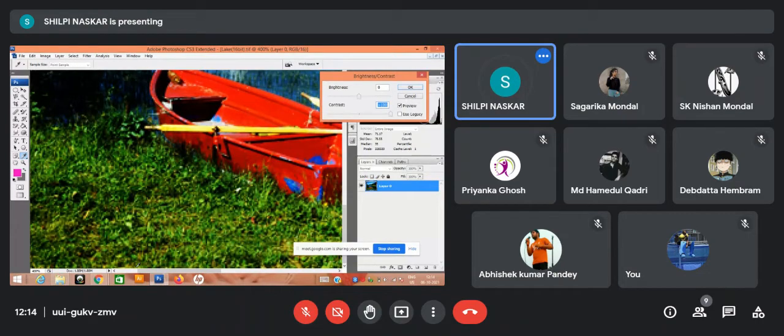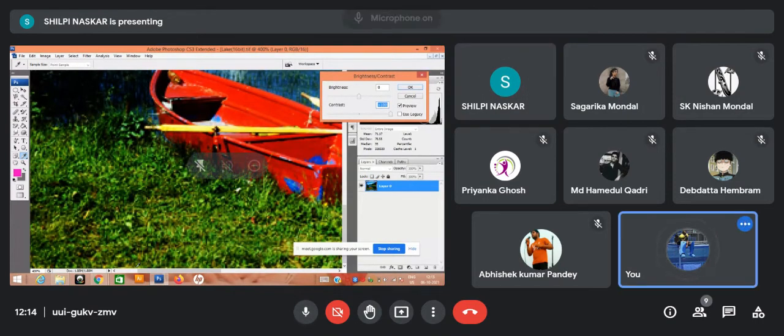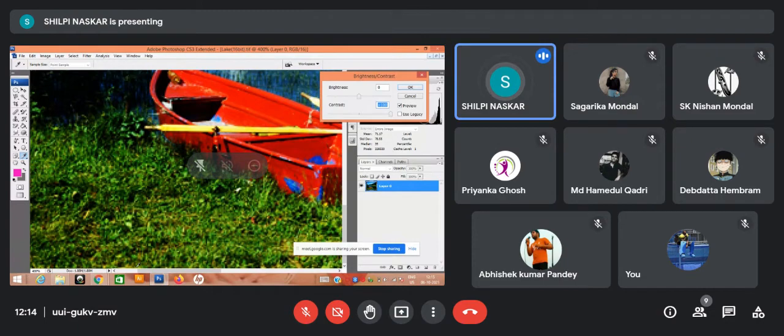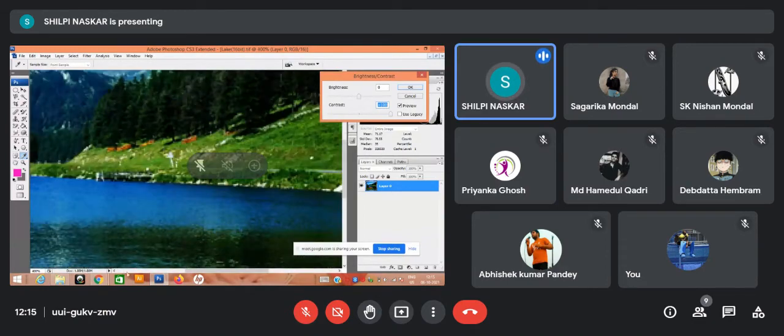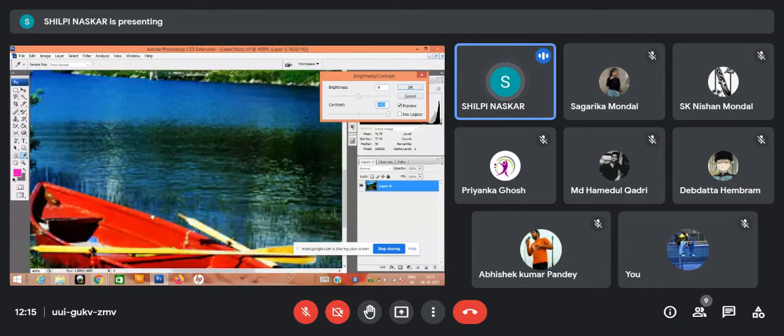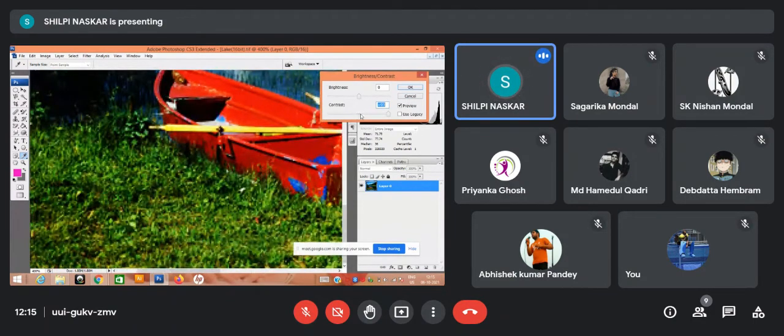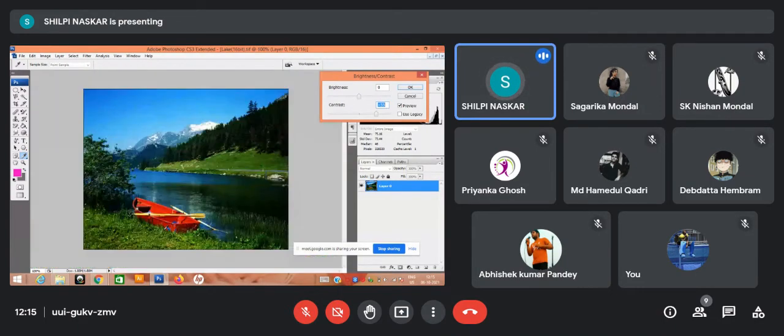Can you see it? Yes, ma'am. Okay, but if I zoom out, you cannot understand it that much, but if you zoom in to check the changes, whenever you apply something, just zoom in and notice the change, then you will understand. It was flat like this, but if you change the contrast you can get this kind of output. So accordingly, maybe you have a grass fill somewhere where the contrast is less, you can increase it there, but again this all depends upon the resolution.